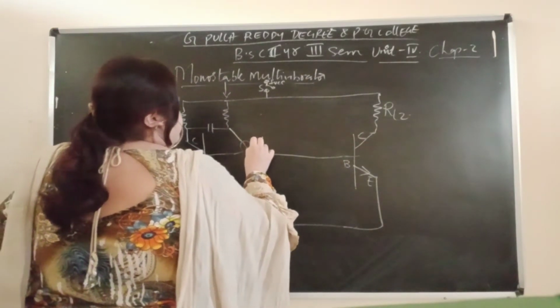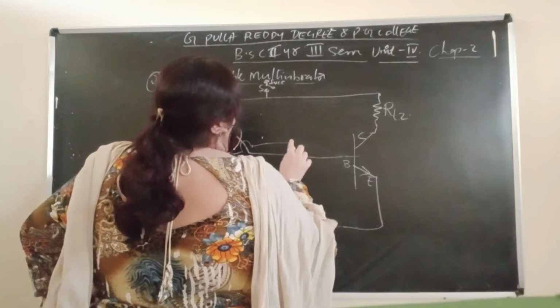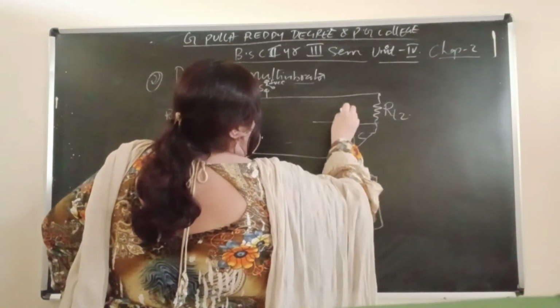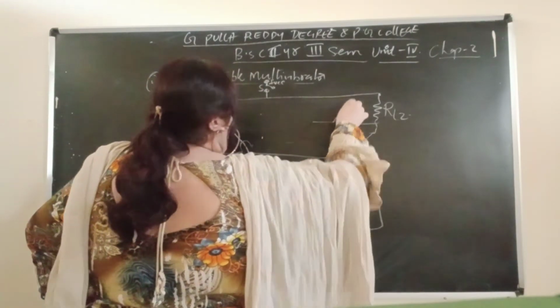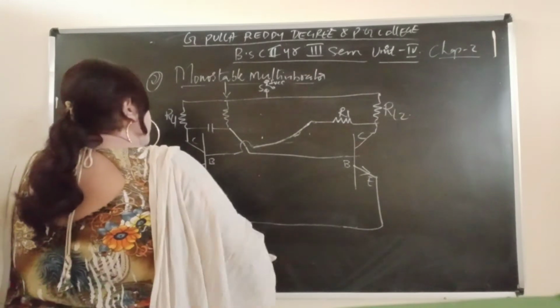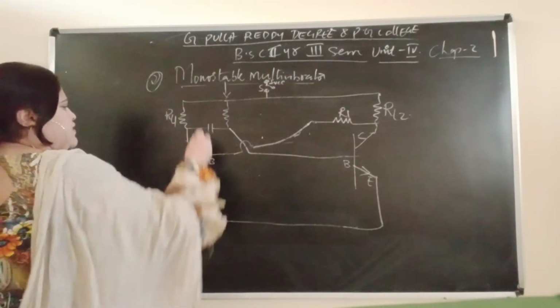Then take the connection from here and draw one resistor here. This will be R1. Join them. Now this will be C1,